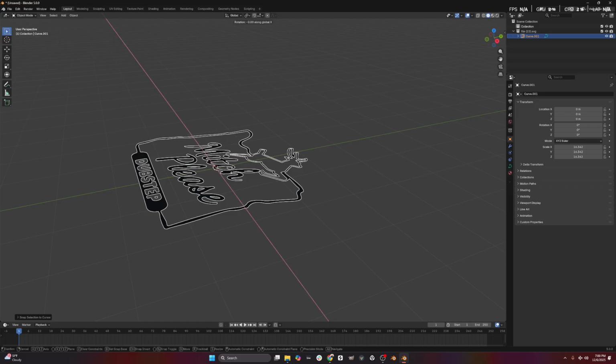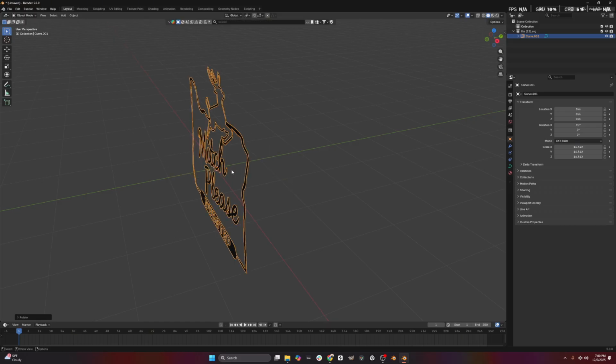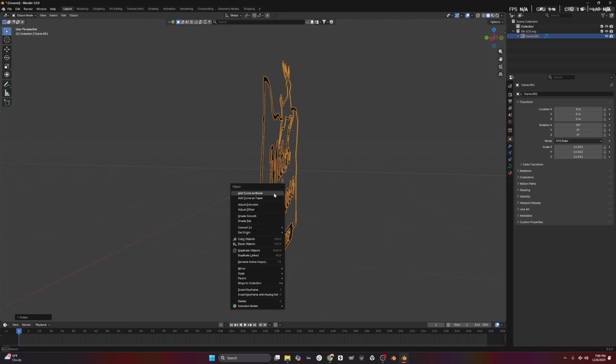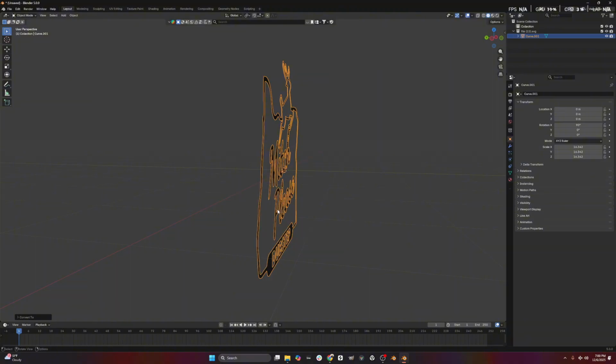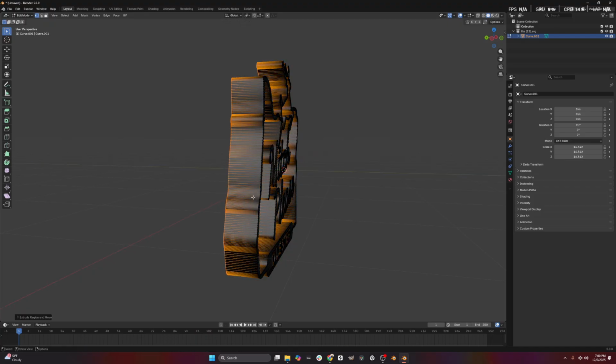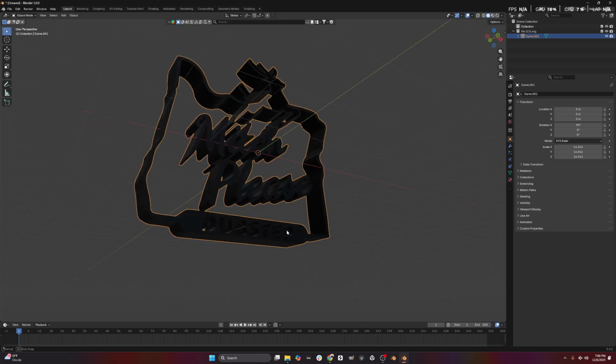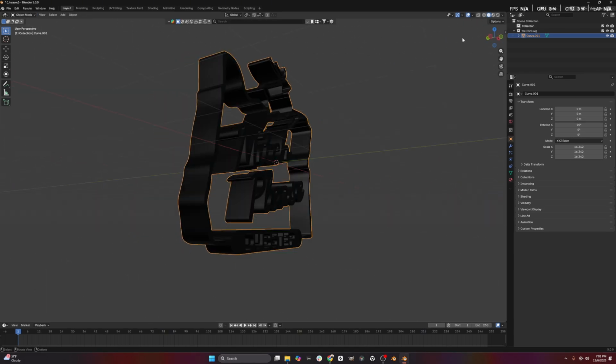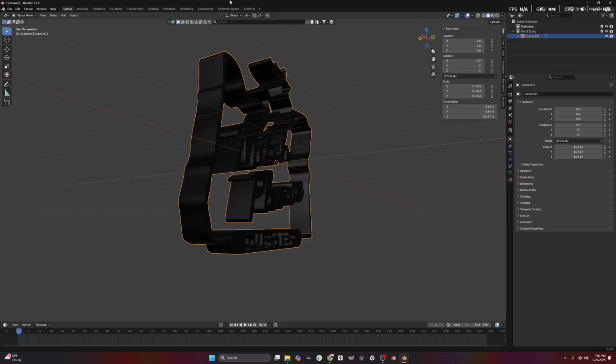then R, X, 90, Enter, and then right click, Convert to Mesh, Tab, All, which is A, tap E for extrude, hit Z, E, and then Y, extrude it to about there. Now you have this. You download Blender Kit, and then you can say Christmas up here for textures, and this